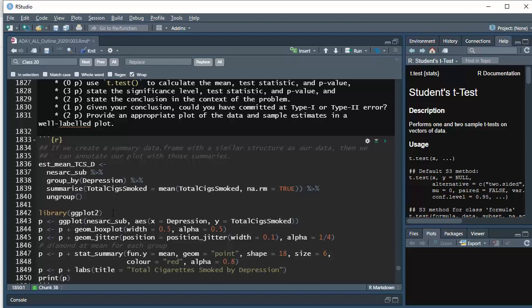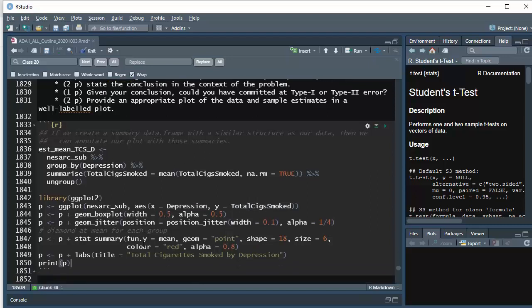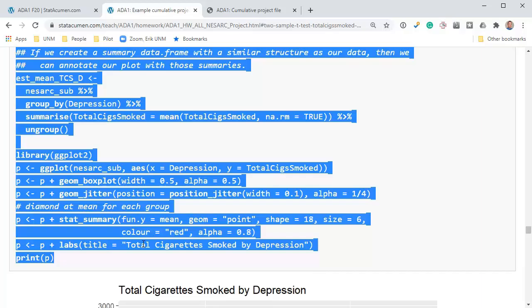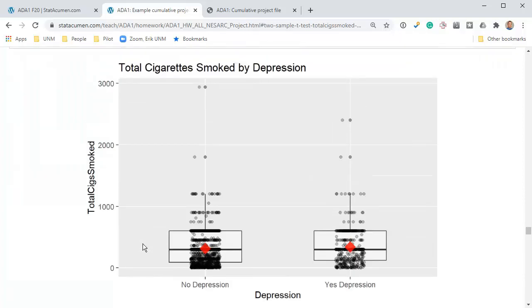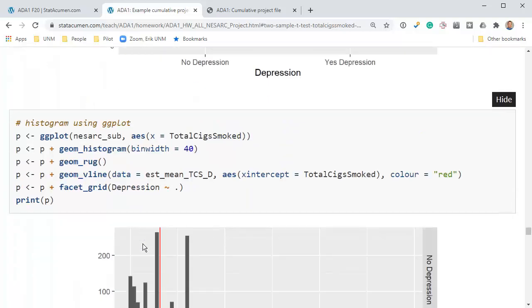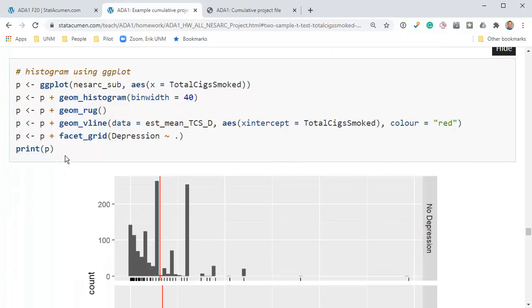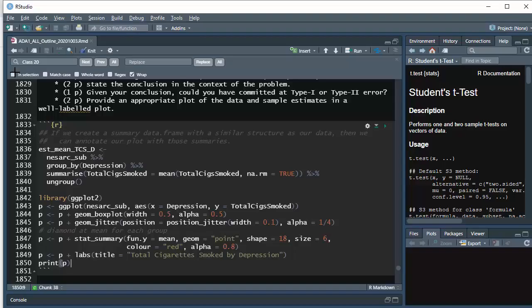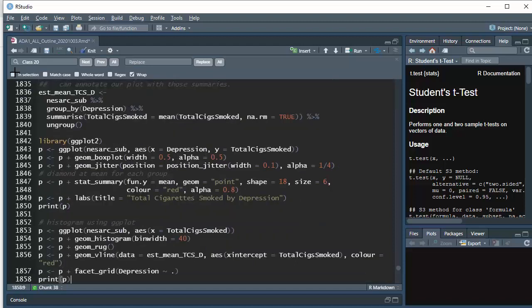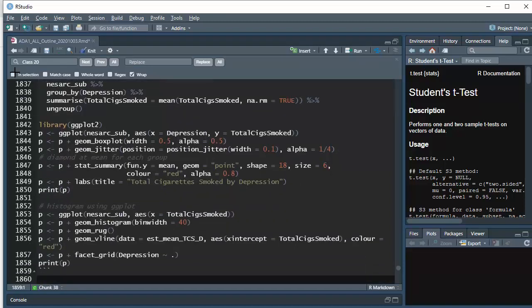Then I'm plotting the data. Depression is the X variable, Y is there. I think I don't want to do the box plot. Let me do the histogram. I like that much more in the previous assignment. All right, let me go back and grab a little bit more code. So that's sort of what it's going to look like. It's going to be a bit different because I have a different subset of data in my assignment. Oh, here's what I want. I've got a histogram. So I've shown examples of both of those. And I guess I'll just leave both of those in